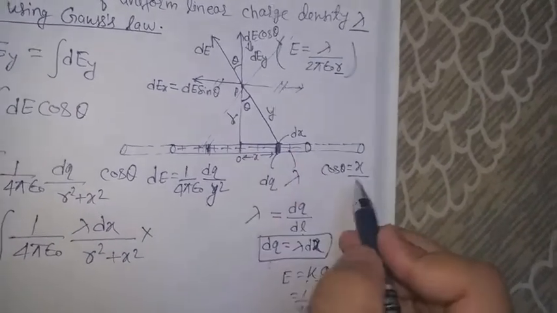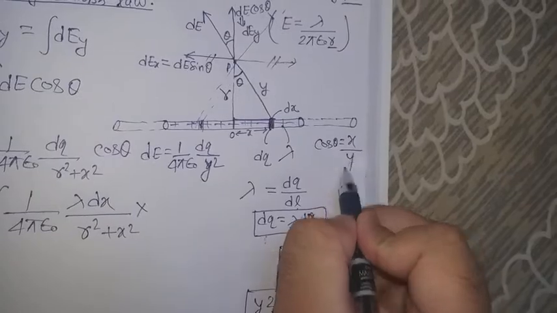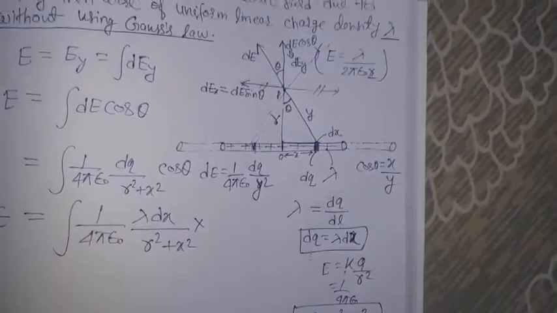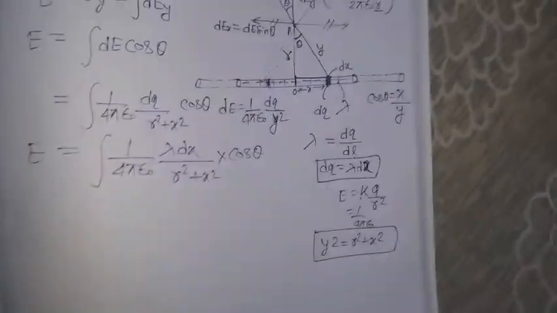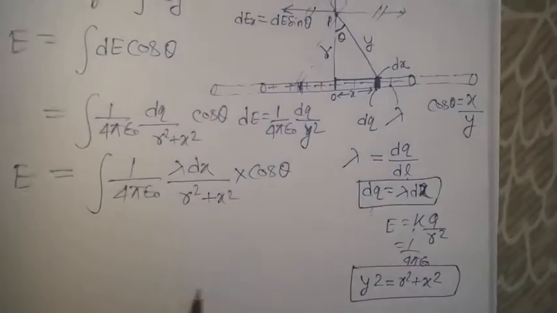X upon hypotenuse is what? Y, and we can put the value of y. Okay, so leave it, just theta we keep here for now. Okay, now see